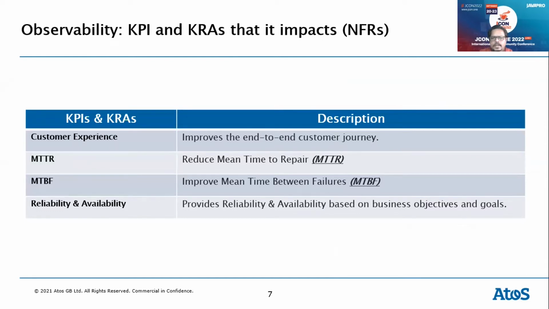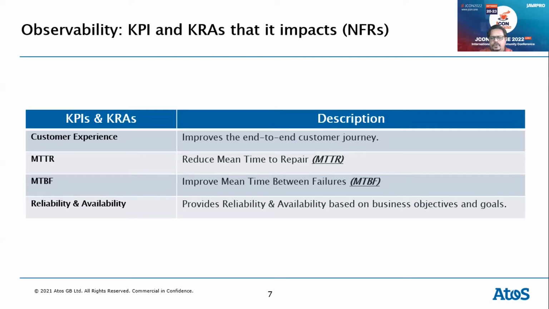Next comes the mean time to repair. It reduces the mean time to repair, because with the insights and the intelligence that you get, anomaly detection, and root cause analysis, all these will make sure you get a quicker resolution. So mean time to repair is something that will be improved significantly. So is mean time between failures, because if you have a system to alert you of those eventualities, you will improve the mean time between failures.